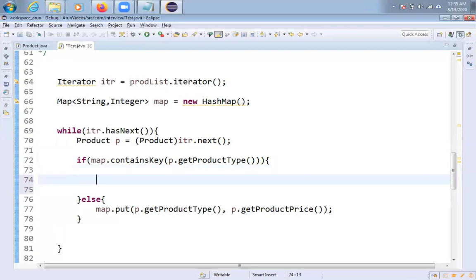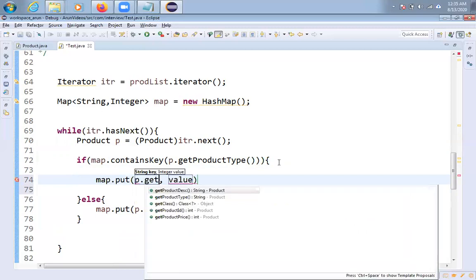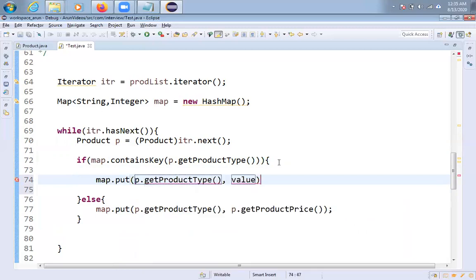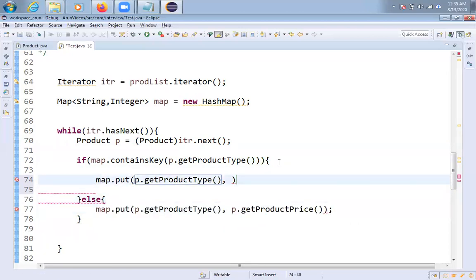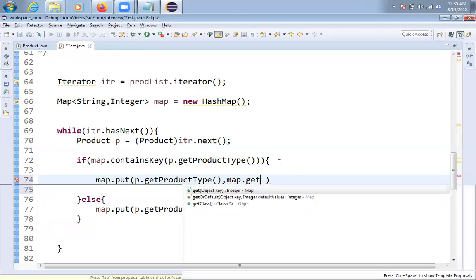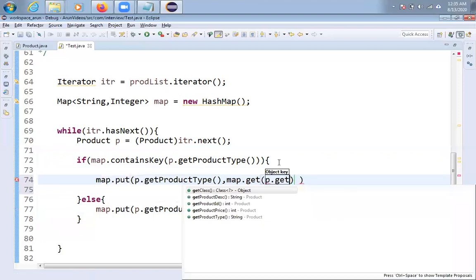Now what I am doing is map.put(p.getProductType(), friends. In this case what I need to do, already the value is available, right? We have to get that value first. So how to get it, friends? Very simple. So map.get, what is the key here, friends? The key is p.getProductType().